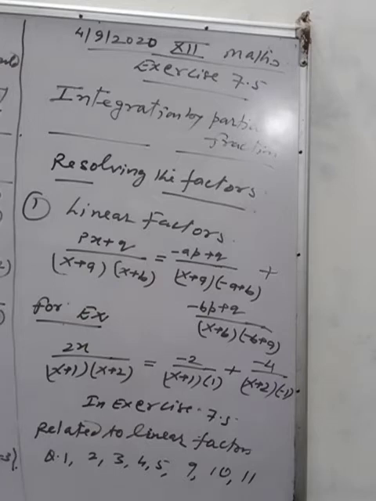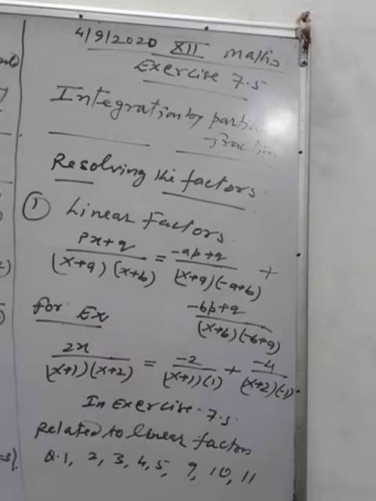See the method. First, if there are two factors x plus a and x plus b, this whole thing will be divided into two parts. If there are three factors, the whole quantity will be divided into three parts. Okay, so here px plus q upon x plus a into x plus b can be written as,